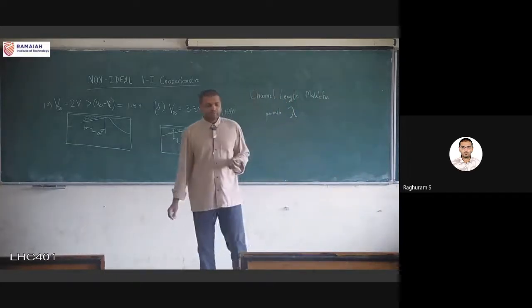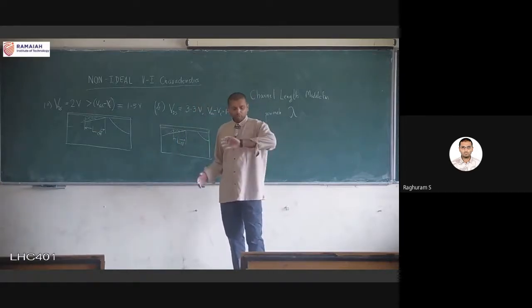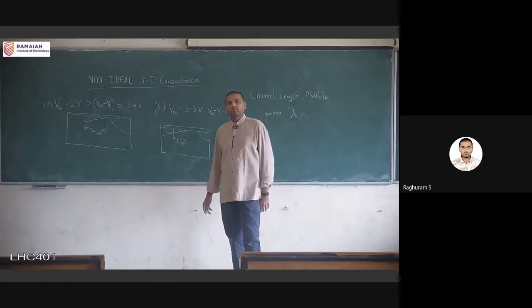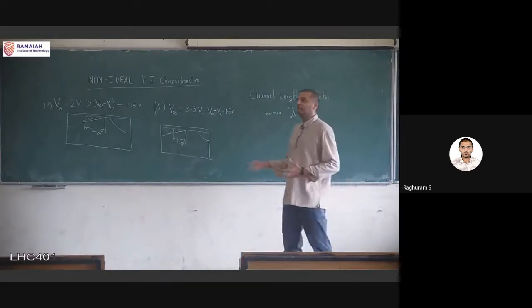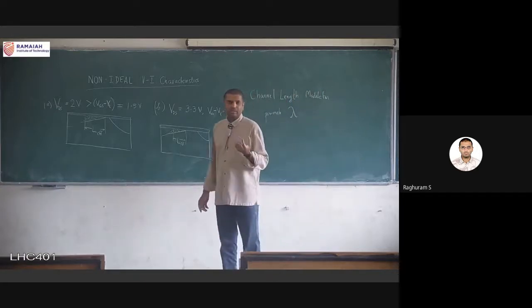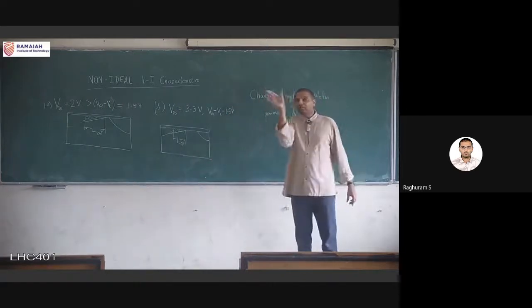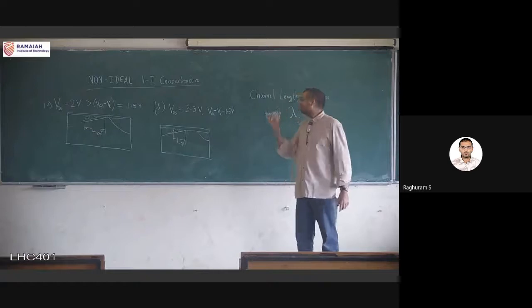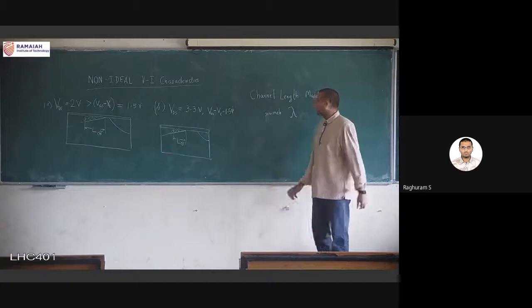That is, suppose somebody is making a transistor in 180 nanometer technology, and they want to provide a model to the simulator. You can't just provide a model by doing theoretical calculations. They will have an actual device, and they will put that in a test bench, and they will give a voltage, they will see the current, and from this curve, they will measure the slope. That slope is given by this value lambda, which means that when I'm calculating the current, therefore